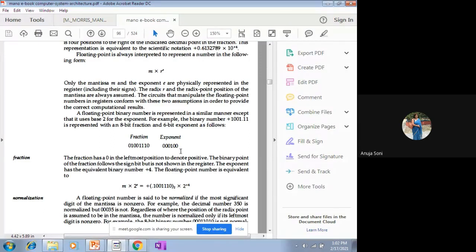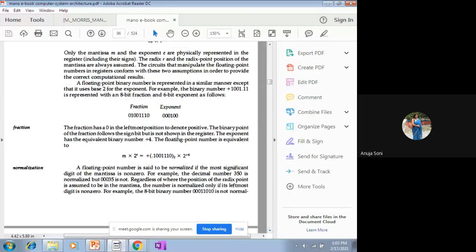Parallelly, it is written that make use of 6 bits to store the value of exponent. So the rest of the bits will be filled with zeros. It is saying that make use of 8 bits to store the value of mantissa. And how many digits are there in the mantissa? 1 2 3 4 5 6 7 digits are there. So one more place is left, so a 0 has to be placed, rather on the right hand side of this mantissa. Why? Because your value has to be placed in such a manner that it has no impact on its value. On the right hand side you can place the value of mantissa, no issue.